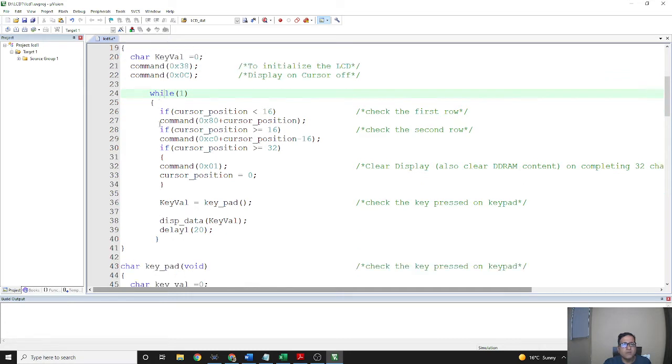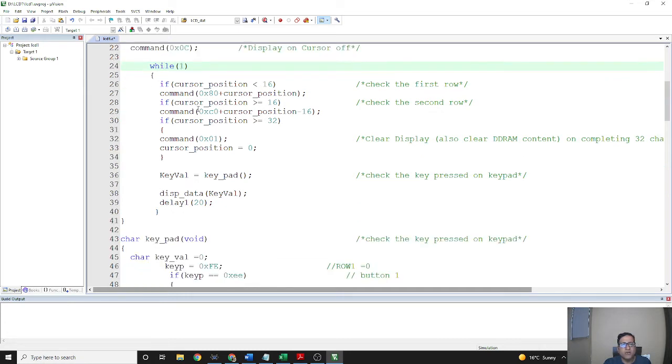our main function will come at this step, while 1, and it will check the first row, meaning whether the first row has the 16 characters filled or not. If the cursor position is less than 16, our command will be executed, and if the cursor position is greater than 16, it will go to the second row.